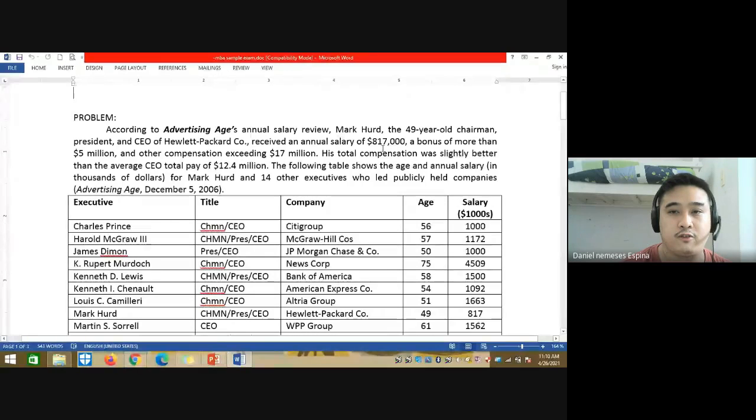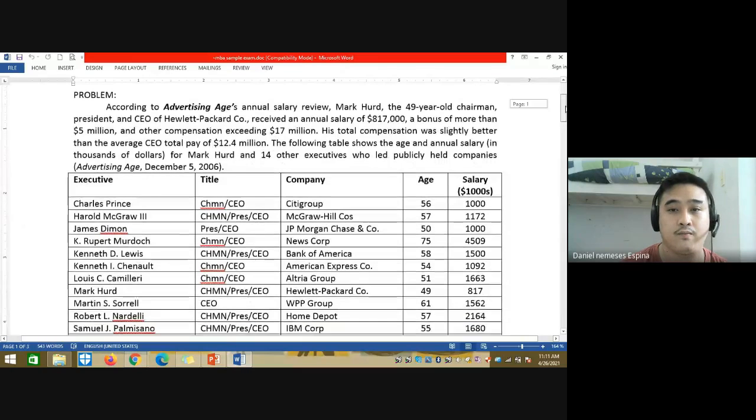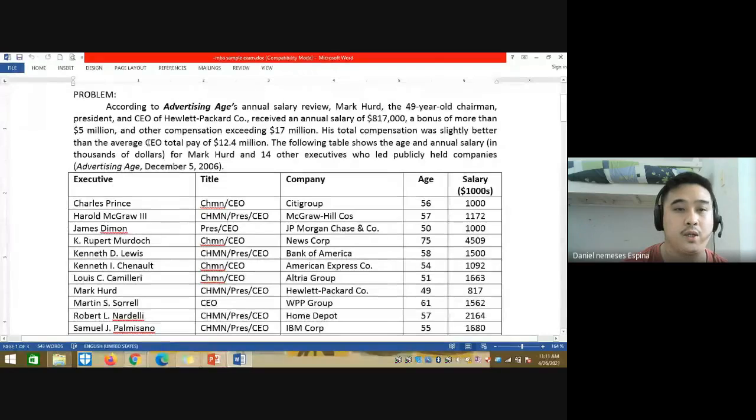Mark Hurd, the 49-year-old chairman, president, and CEO of Hewlett-Packard Company, received an annual salary of $817,000, a bonus of more than 5 million, and compensation exceeding $17 million. His total compensation was slightly better than the average CEO total pay of